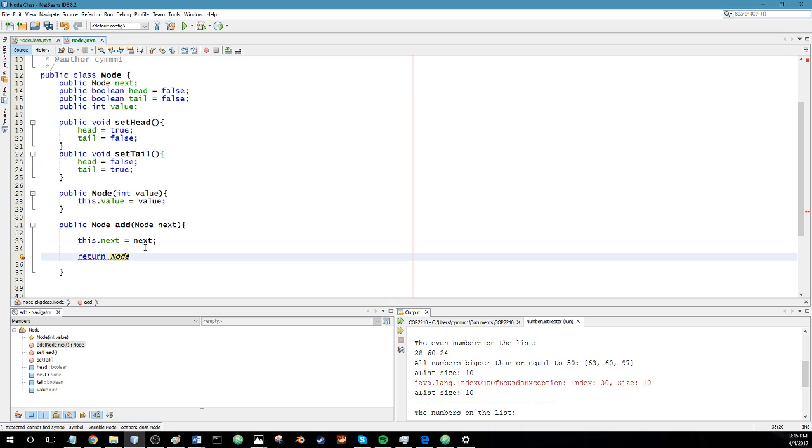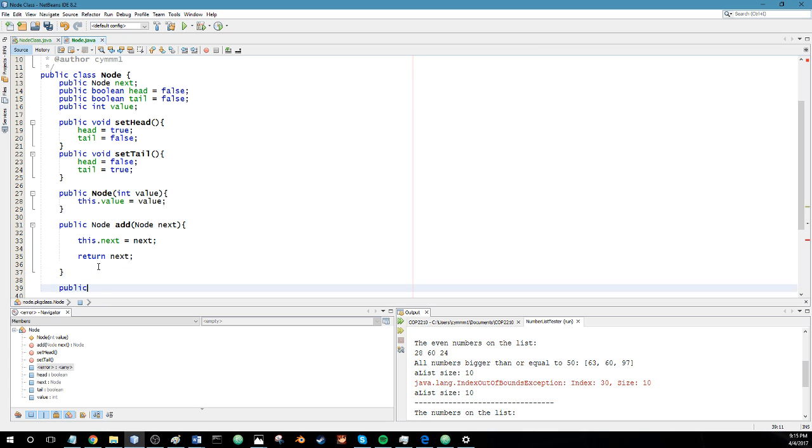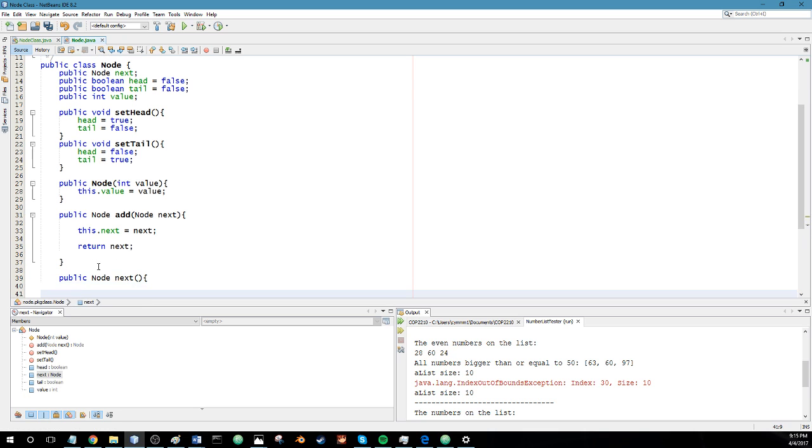And we're going to be returning this next node as a value. Okay, so when we want to get the next node off of this one, we're going to do node next, and we're going to be returning,